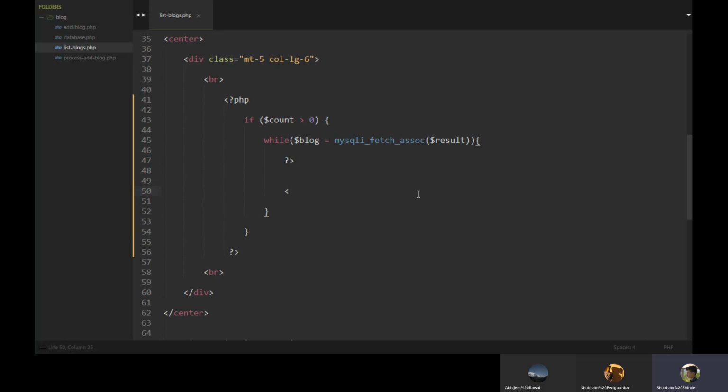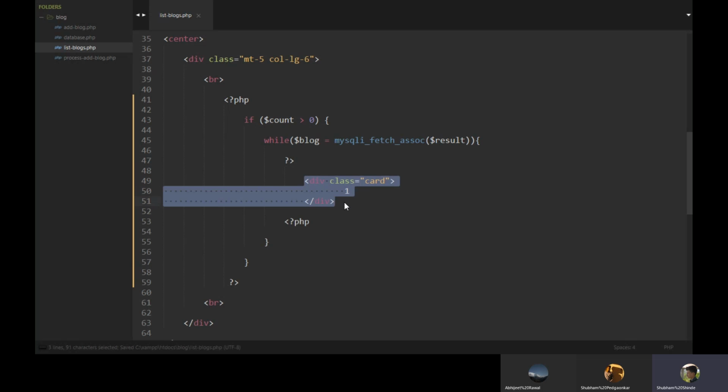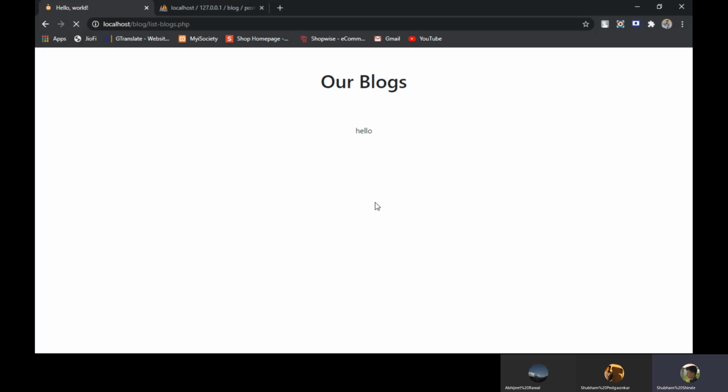Again starting PHP. In the space in the middle we can define HTML. This was our single card, we will loop it multiple times. Just test it. Yes, it is printing.